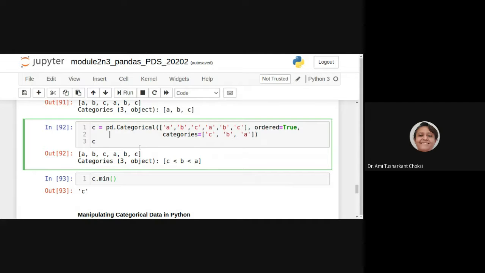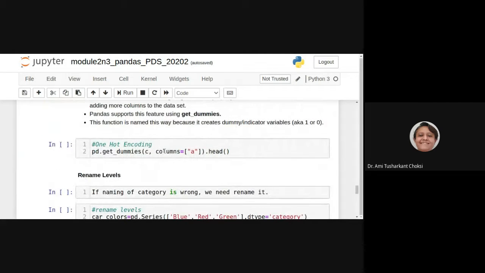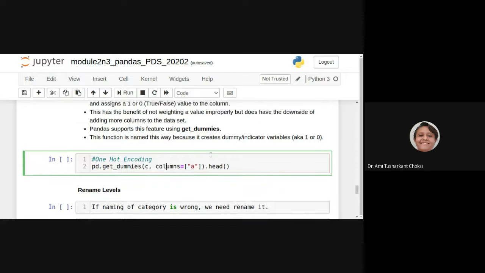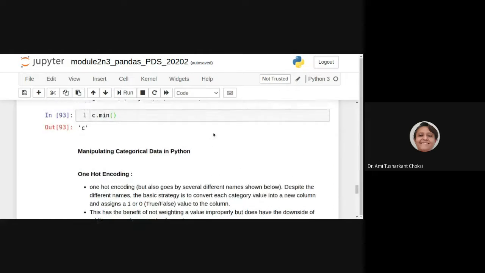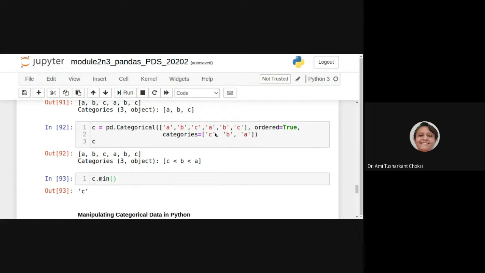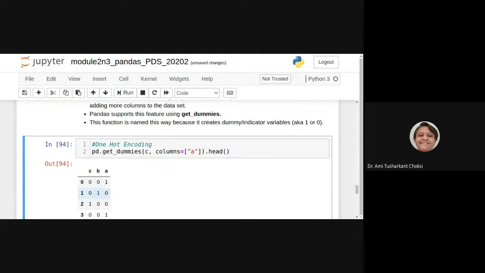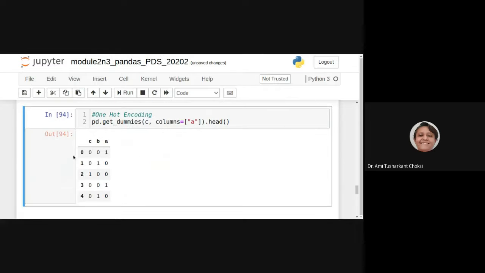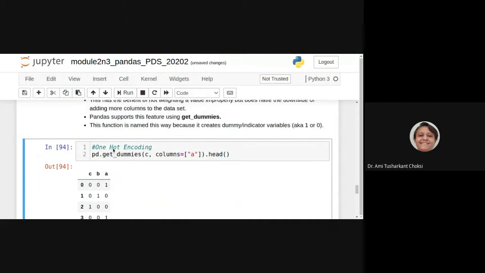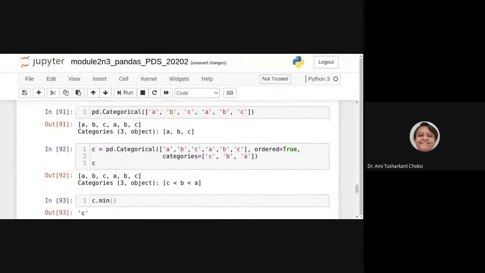There we are setting columns equal to A dot head, because we want to see the top 5 rows. So for our C variable we are getting C, B, A, because that is the order we have already created.